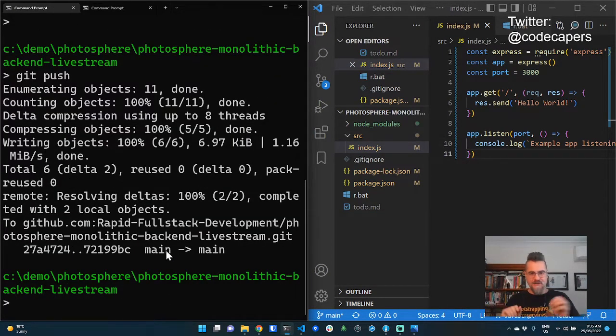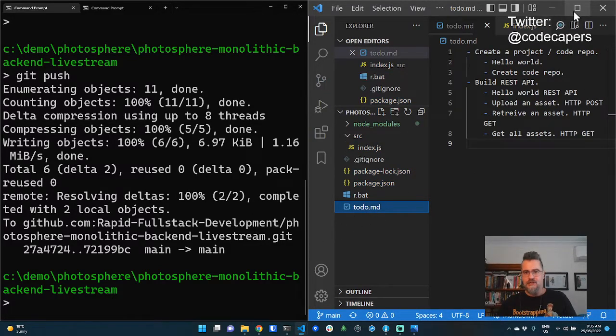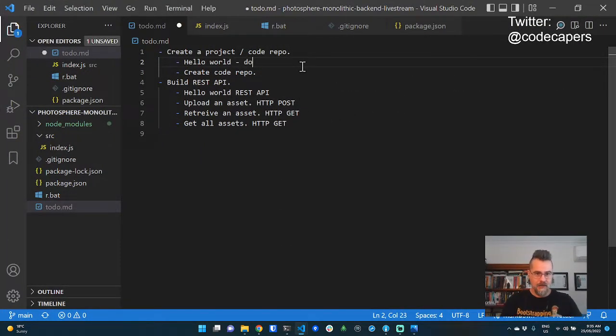After I've signed off, I'm going to add a README to remind you how to get this thing up and running if you want to try it for yourself. And we're going to come back to this tomorrow and move on. Just a reminder of what we're doing. If we go back to the to-do list, we can actually check off some of these things now. We've got our hello world running. We've created a code repo. We've got our hello world web server, REST API up and running. That's done. In the next session, we're getting onto the real work of having an API where we can post an asset, a way to retrieve an asset using an HTTP GET request, and a way to get all the assets using an HTTP GET request.